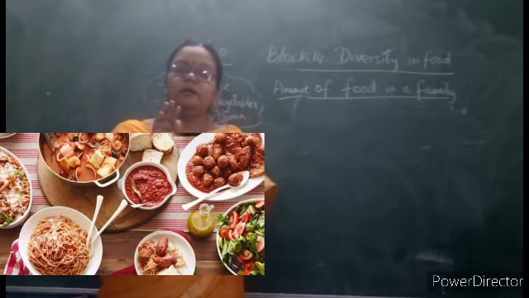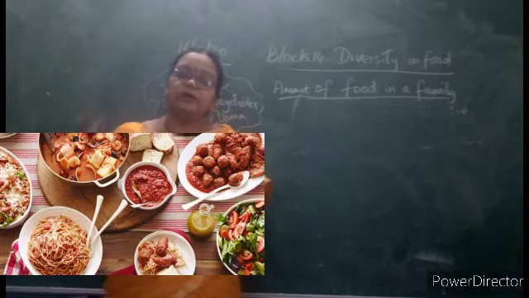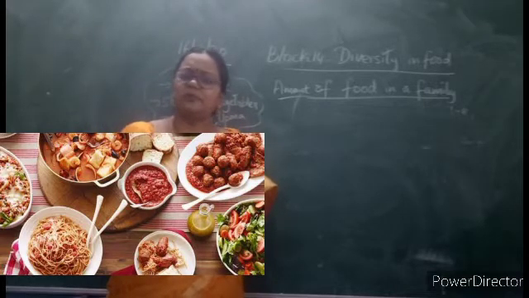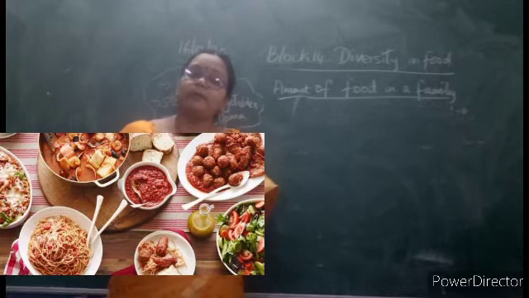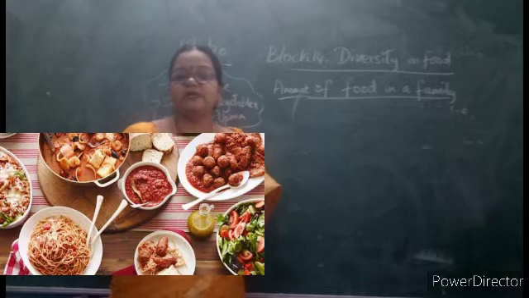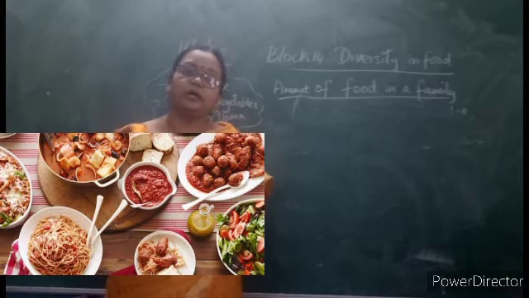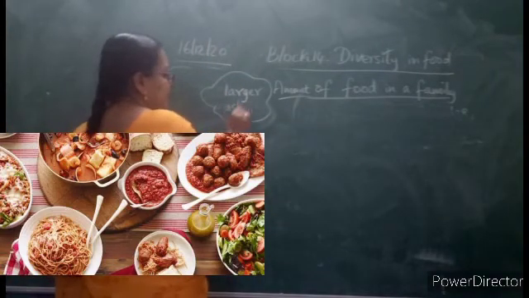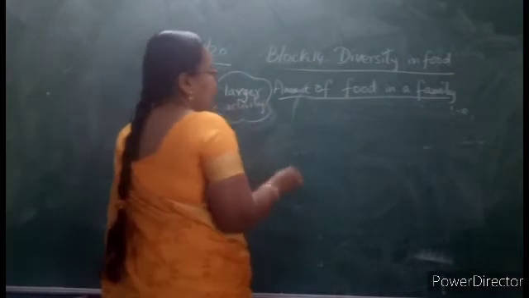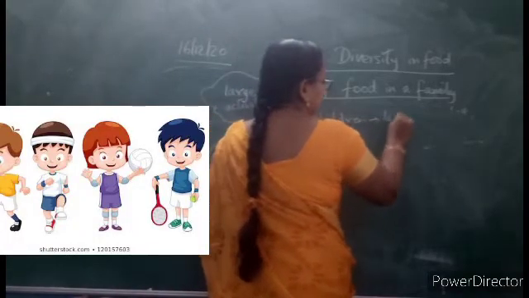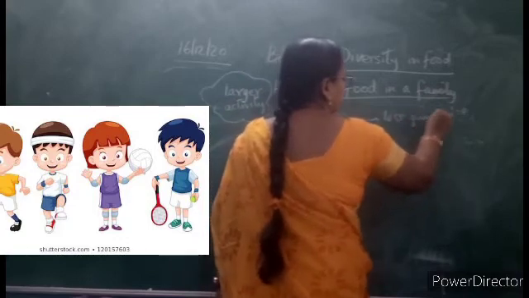See, for example, you are in 3rd class. A 3rd class child throughout the world, they will be eating more or less the same quantity of rice only. You can eat 3 or 4 rotis for lunch, that much only, more than that they can't eat. But if you compare to your parents, they might be eating 1 more roti extra because they have more physical work compared to you. As I told you, if you are playing or getting trained, that is different. So even the amount is as per the activity. In a home, children will eat less quantity, only less quantity they are able to eat.